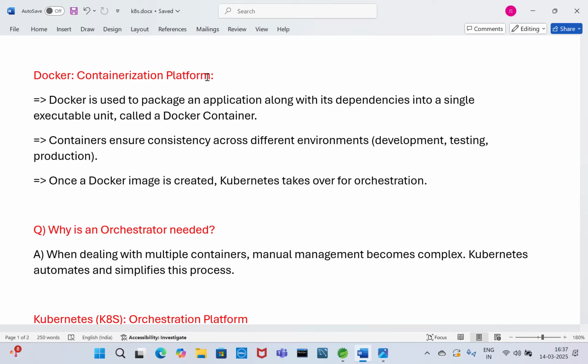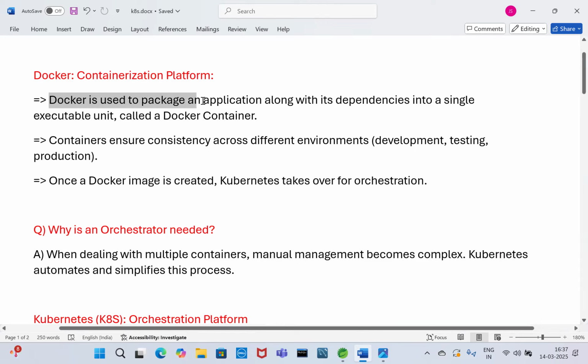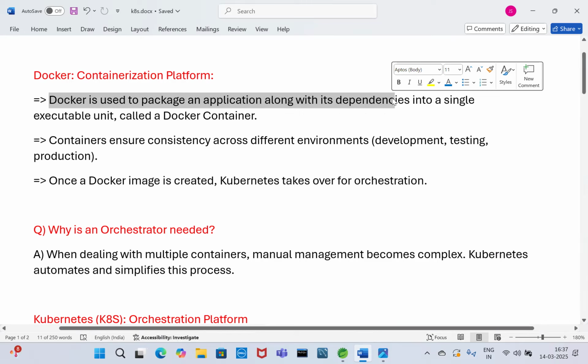A container is nothing but a box. In that box, we are storing the Docker images. A Docker image is nothing but application code plus dependencies. So let's read the first point. Docker is used to package an application along with its dependencies.